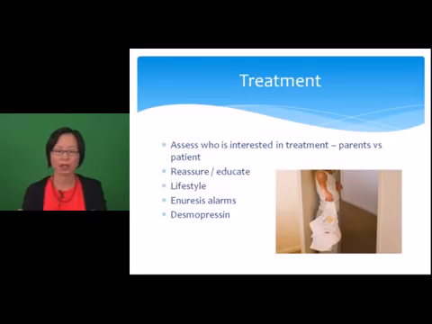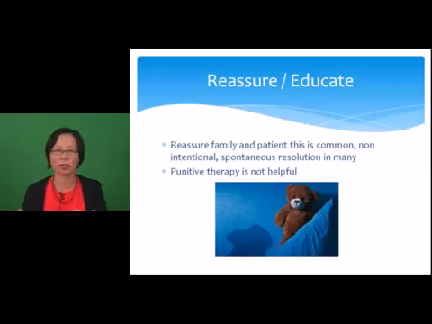So the treatment. The International Children's Continence Society in 2006 came up with recommendations for the management of bedwetting in the primary care setting. The treatment really starts with reassurance and education. Then it also covers lifestyle changes and 2 first-line treatment options. Now, you really need to assess who in the family is most interested in treatment, because you really need to